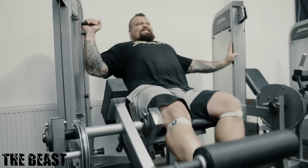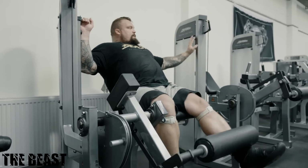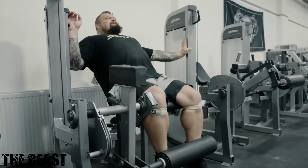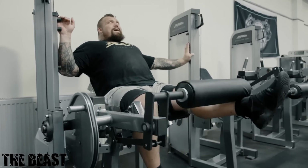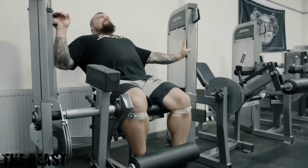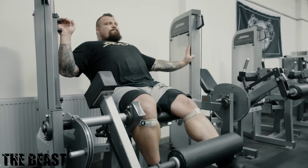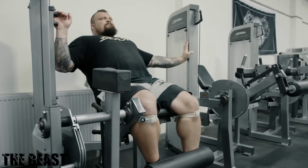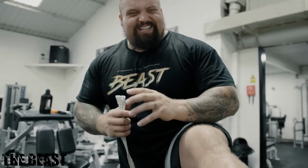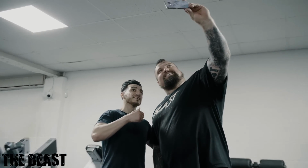Basically, if anyone ever suffers with knee pain, especially people in strongman that push press, squat, yoke, and they get a lot of pain behind the knee, and you're literally to the point where you're walking, you can't press, you can't pick up a yoke. It's the patella tendon, and if you don't lock the patella tendon in place, 90% of the time it flicks out, and all it has to do is flick out like that and go back in, and just that little flicking motion causes a shitload of inflammation in the knee, behind the knee,